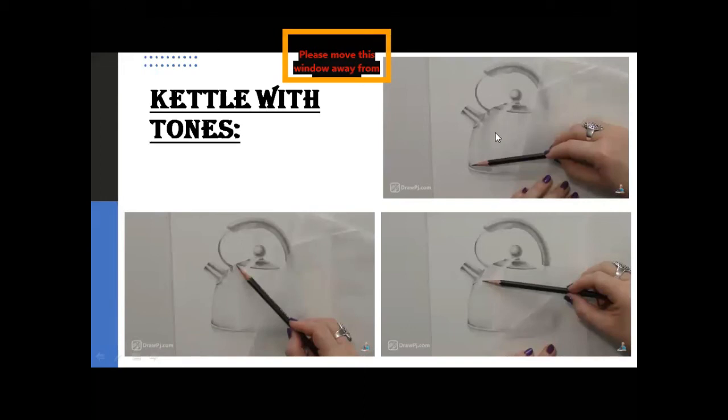The brightest part shows the source of light, and the darkest part is where the light does not properly reach. Same in this diagram: these are the shaded parts, more shaded, dark, light, and in the third one, dark, darkest.